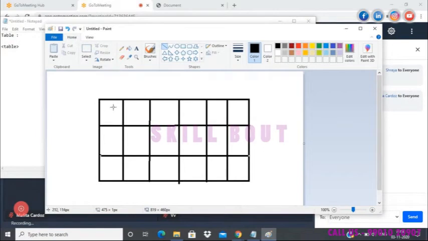Every table will have a header, in which you will have something highlighted, or you will provide the significance of the data available in the table. So we will consider this section as the header from a column perspective.